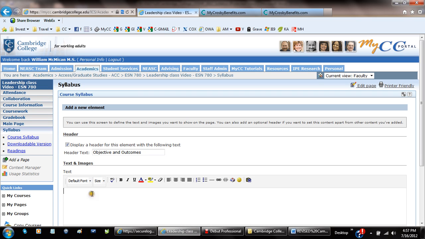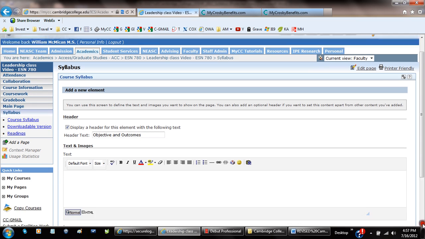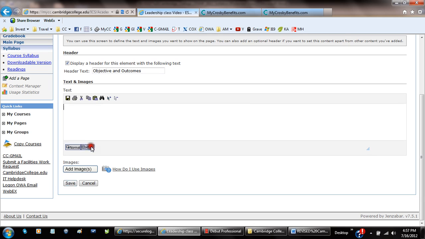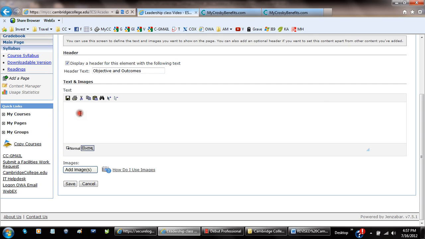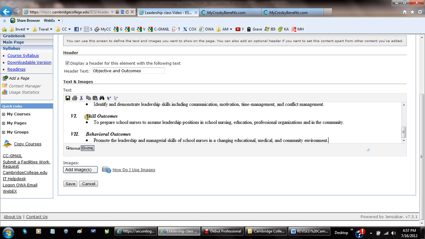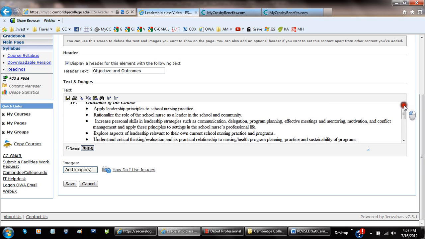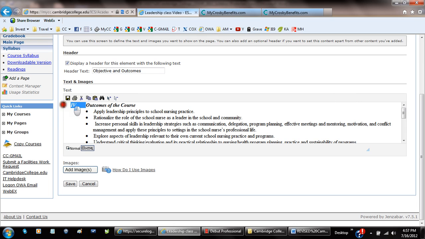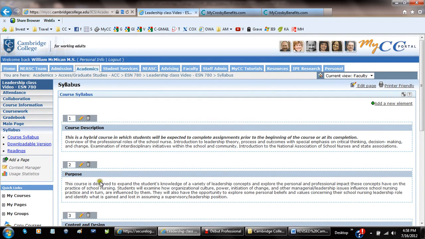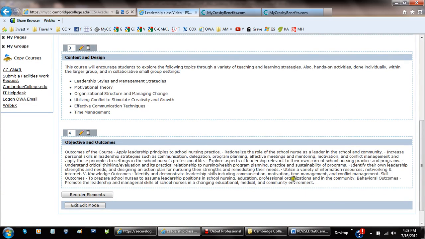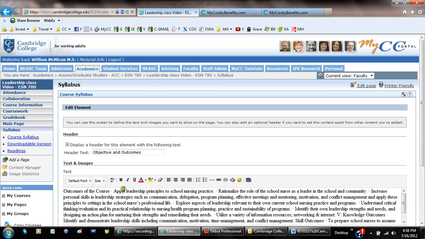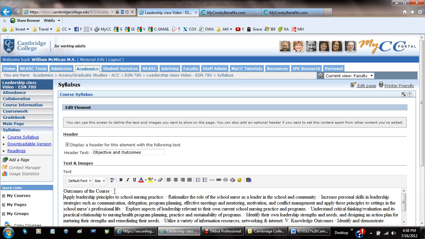When I drop over and come to this section here for my outcomes, again, I go into HTML so that it doesn't screw me up. And I can take off things right here that I know I'm not going to want. So when I save that, I have to do a little editing here first. So first we have outcomes of the course. And in my particular case,